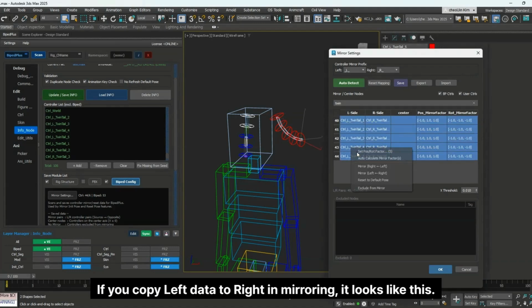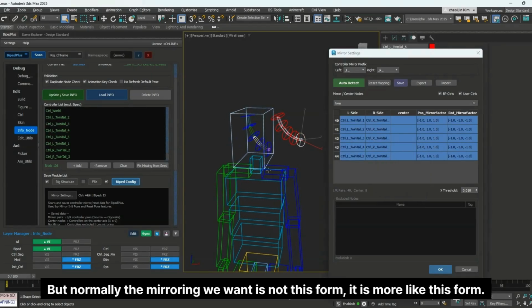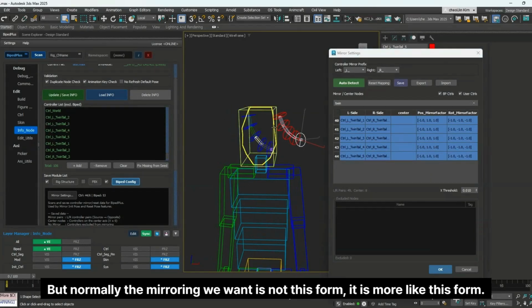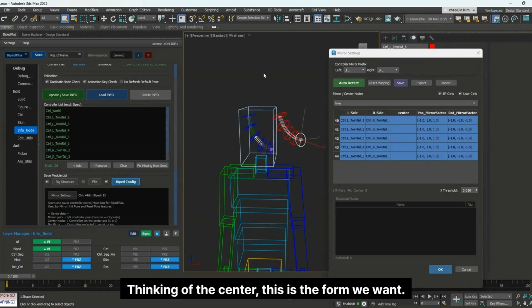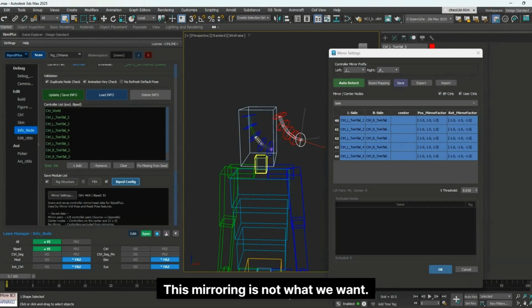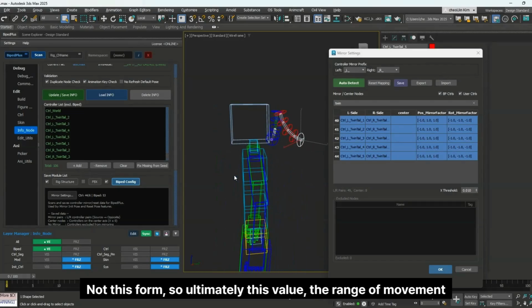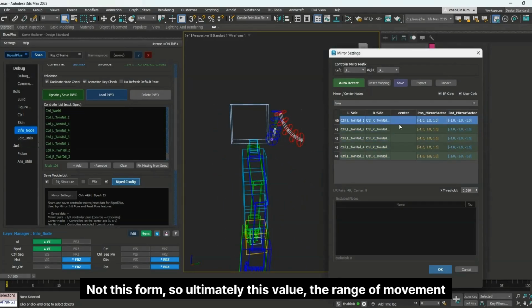If you copy left data to right in mirroring, it looks like this. But normally the mirroring we want is not this form, it is more like this form. Thinking of the center, this is the form we want. This mirroring is not what we want. Not this form, so ultimately this value, the range of movement,